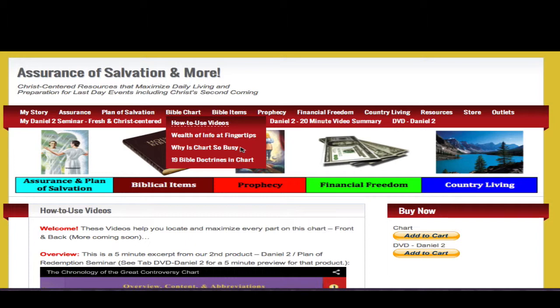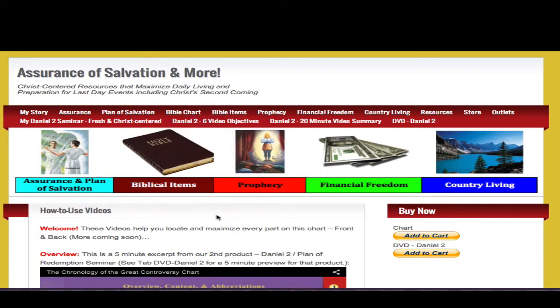If you look at this section, you will notice that there are 19 Bible doctrines in the chart itself. But returning to the Welcome to these videos section, my purpose here is to help you locate and maximize every part on this chart, front and back, to share the three angels' messages with all the world very effectively. So the first item of these videos is, as we'll scroll down and look,